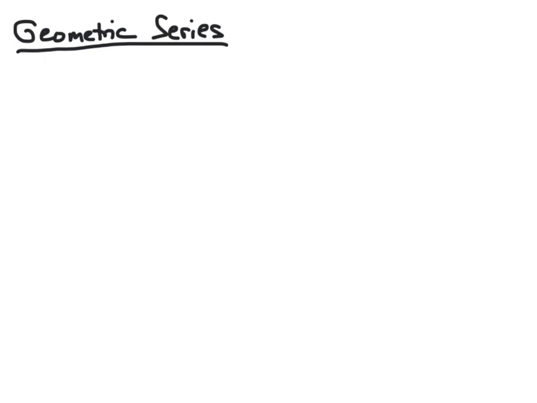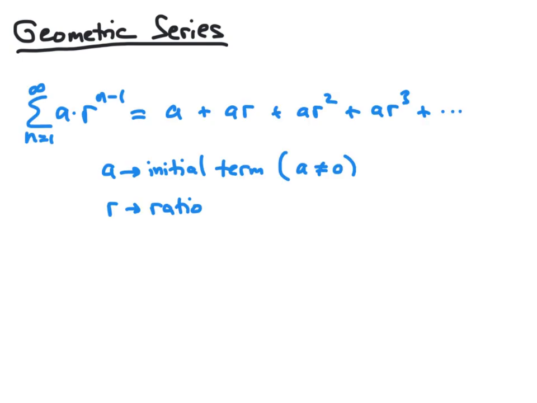In this video, we're going to take a look at geometric series. In particular, we're going to introduce the concept of a geometric series and discuss how to determine whether a given geometric series converges or diverges. A geometric series is a series that can be written in the form sum n equal 1 to infinity of